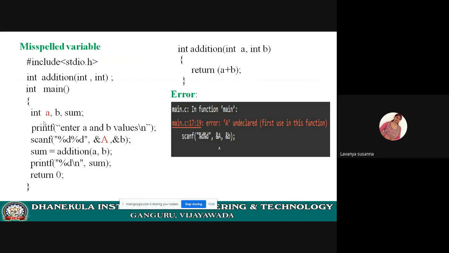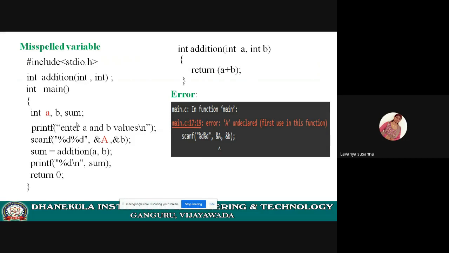In the first statement, in the declaration, you have used sum. Somewhere in your program, you have to use sum only. You should not use something like sim, that is a spelling mistake. There should not be any spelling mistakes. If you are using sum, you need to use sum only.